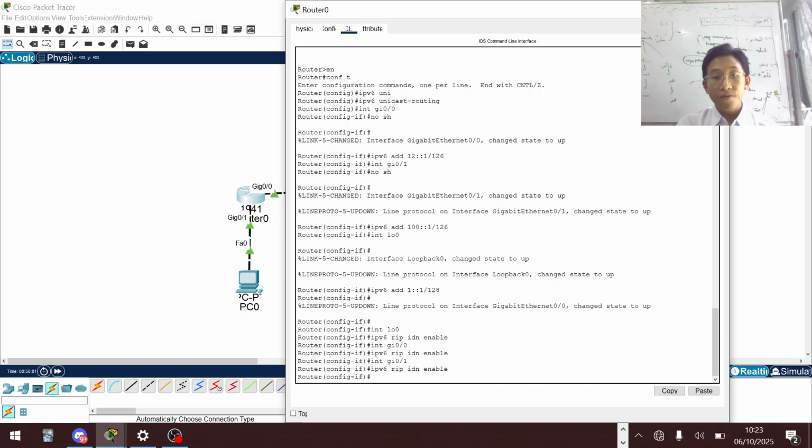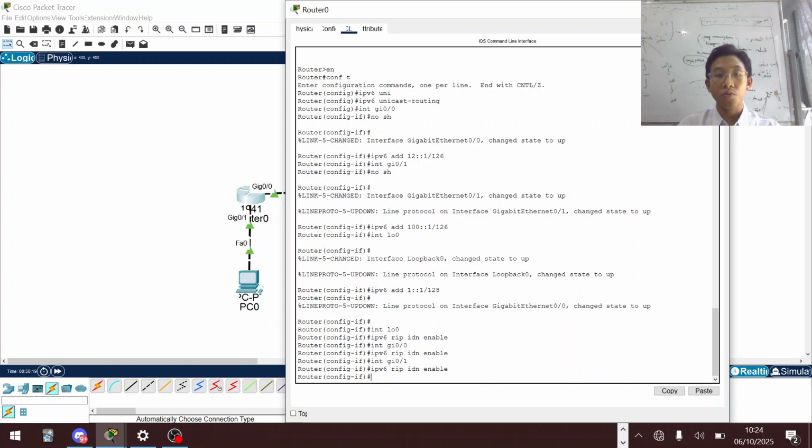Well, before we start, I will remove all of the RIP on all of the routers. Actually it's pretty simple.